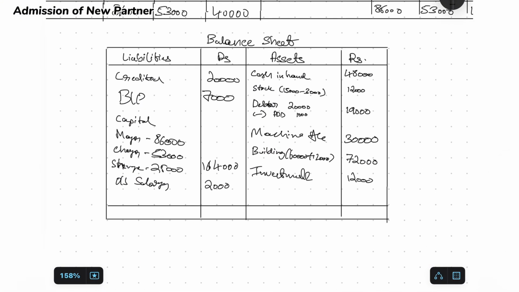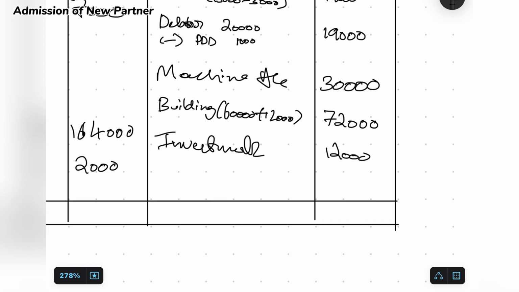At last I'll come to the balance sheet to tally it. I'll come to the asset side first. I'll start tallying the asset side. I'll count all assets: 48,000 cash in hand, stock we have 12,000, debtors we have 19,000, machine we have 30,000, building we have 72,000, and investment we have 12,000. That makes the total asset value of